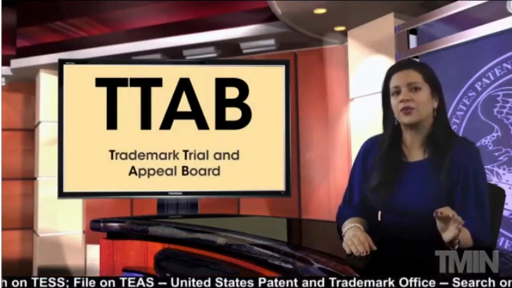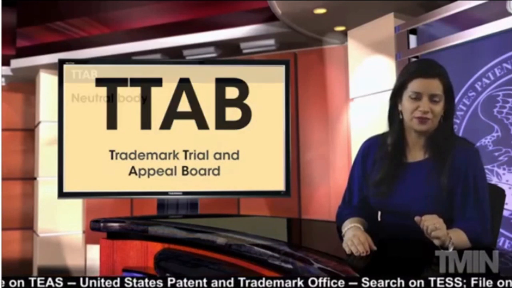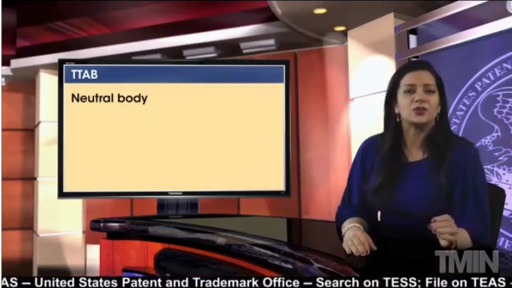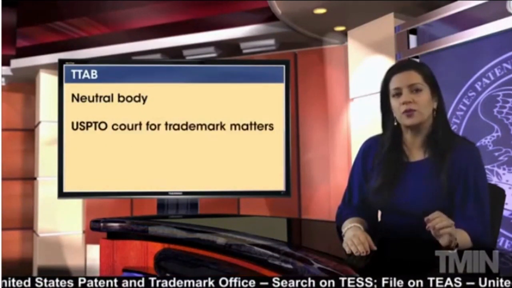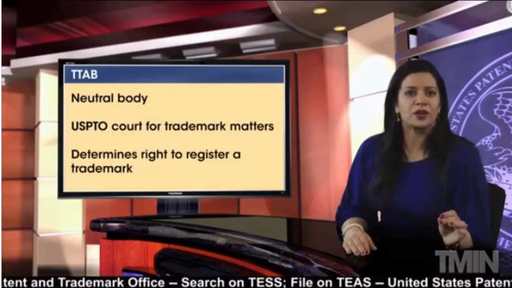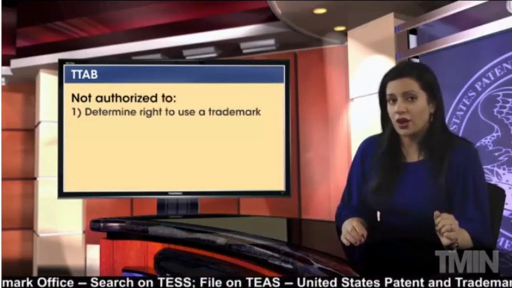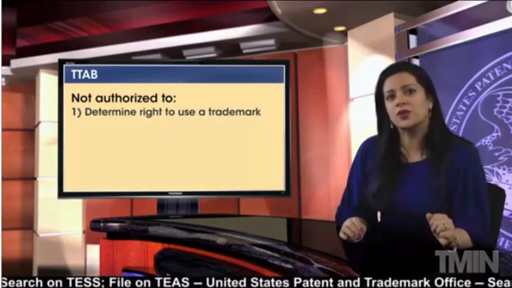The letters are an acronym for the Trademark Trial and Appeal Board, often simply called the Board. The TTAB is a neutral body that functions like a court for trademark matters at the USPTO. It is authorized to determine a party's right to register a trademark with the federal government. It is not authorized to determine whether you have the right to use a trademark, just whether you have the